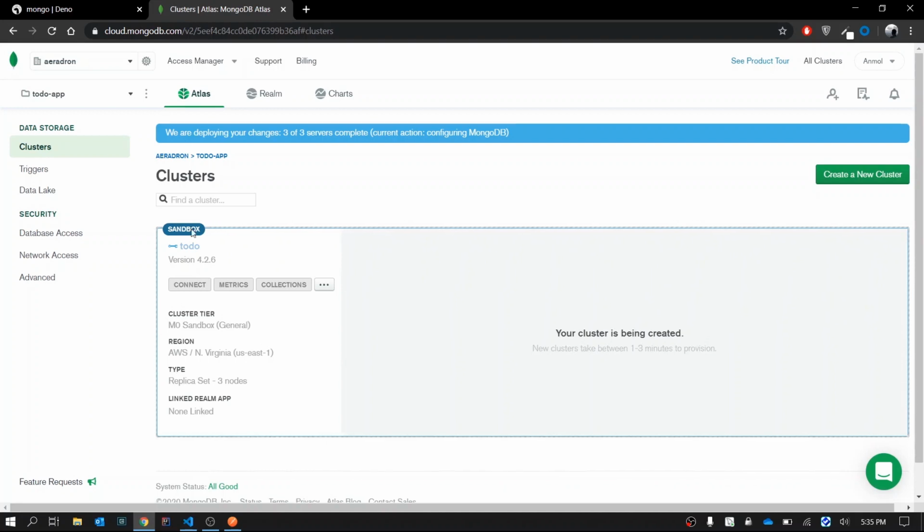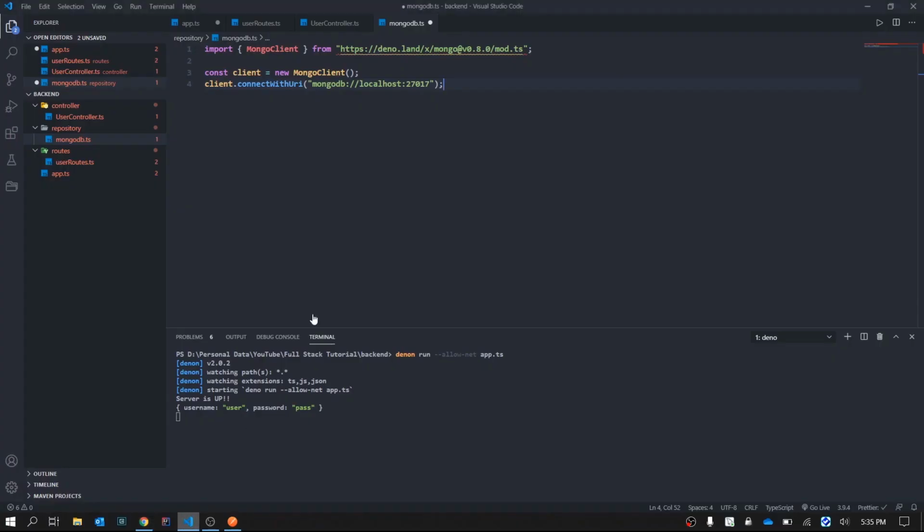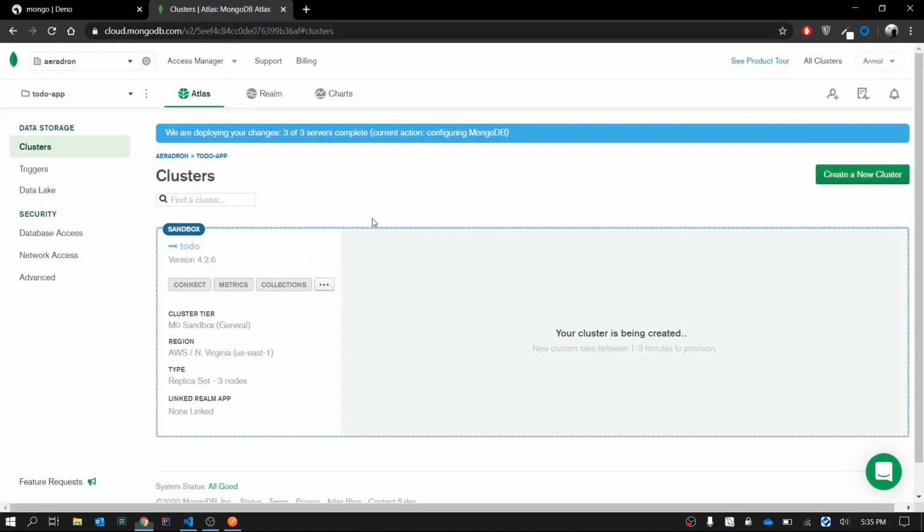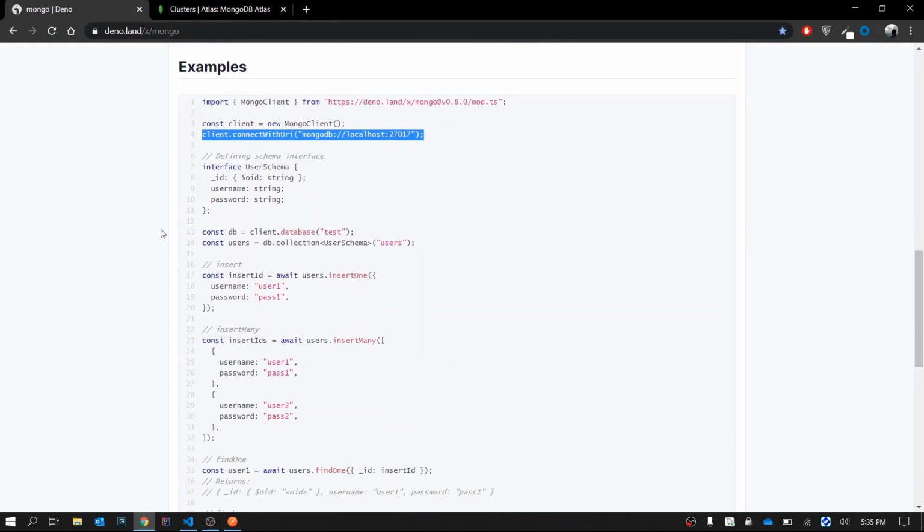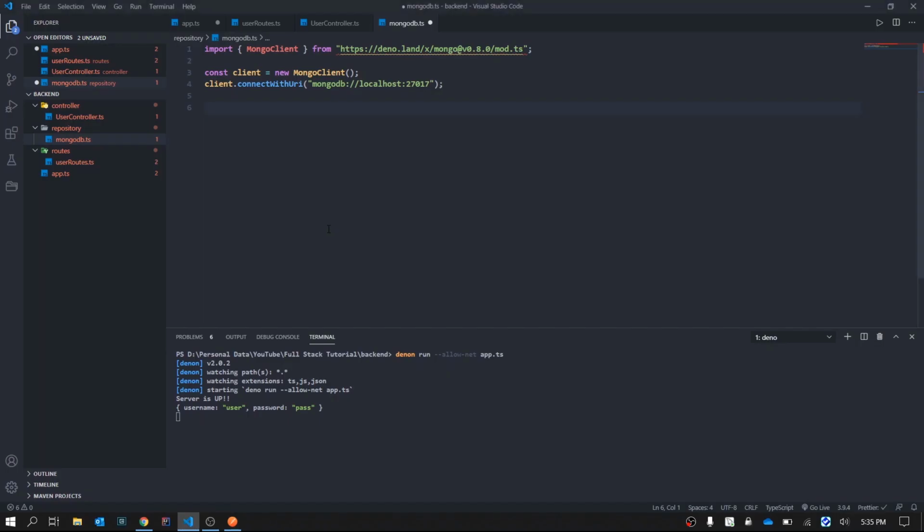Okay, so by the time we'll write our other queries. First, we need to call our cluster. So how do we do that? According to the documentation, you have to connect to the cluster by client.database. So our database, we need to connect by saying db equals client.database, and our database is todo.